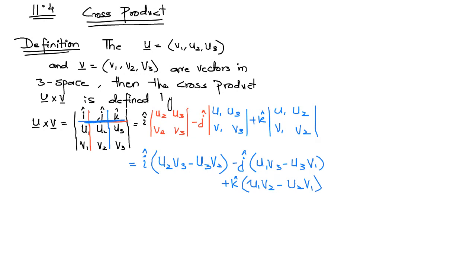Okay, so this is the formula for finding the cross product of any vectors. If you have any two vectors and you have to find the cross product between them, you have to do this calculation. Okay, so now I will give you one example, so we can check. What is the question? You have to find the cross product when, for example, you have a vector u which is equal to